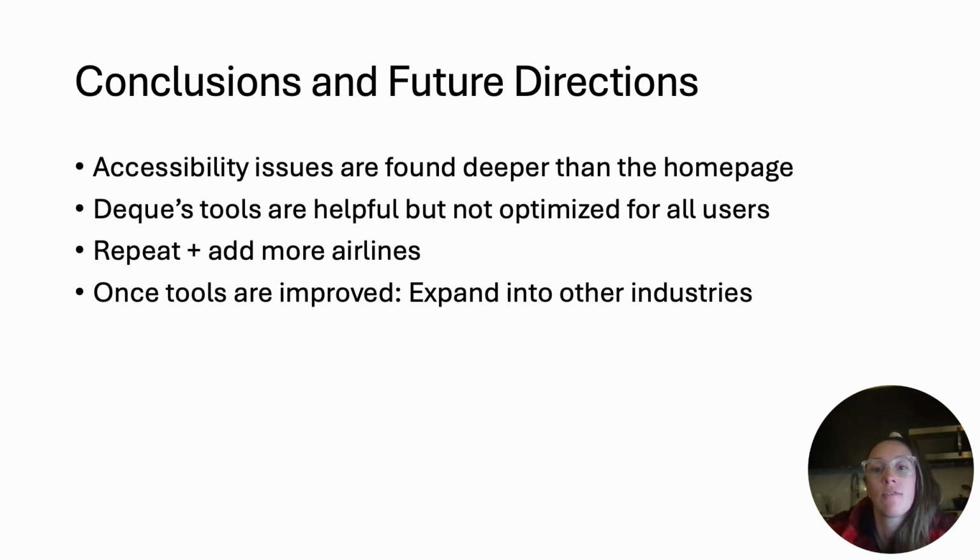Even though this project shifted directions multiple times and faced some major limitations, I think the outcome is still meaningful. We were able to complete a proof of concept for accessibility impact analysis using Deque's tools, and we identified some key limitations that Deque can address moving forward. More importantly, this project highlighted just how difficult it is to gather accessibility data that truly reflects the user experience, especially for people using assistive technology. That in itself is a valuable insight.